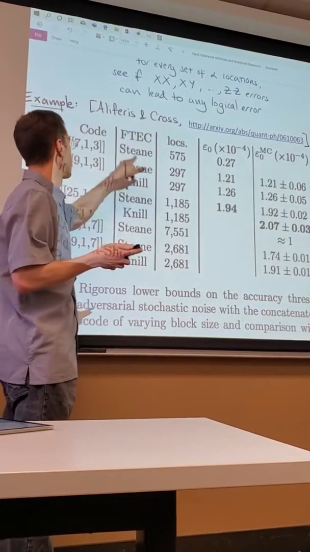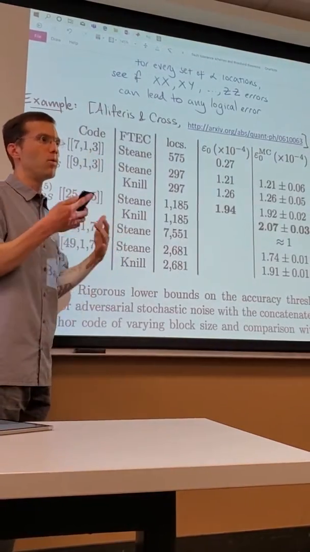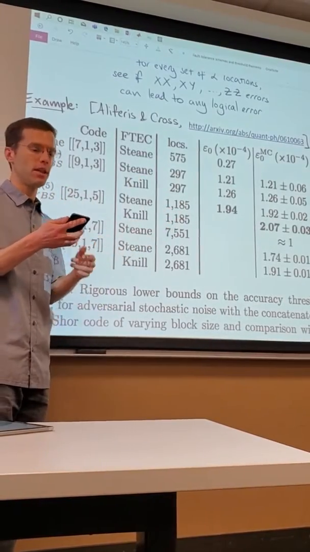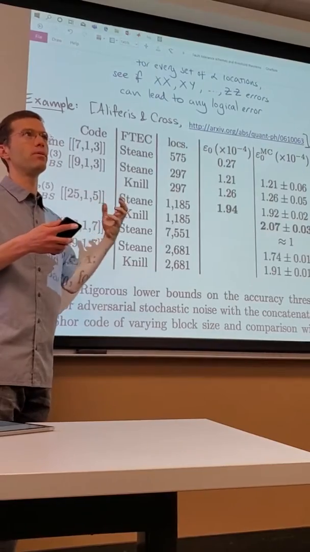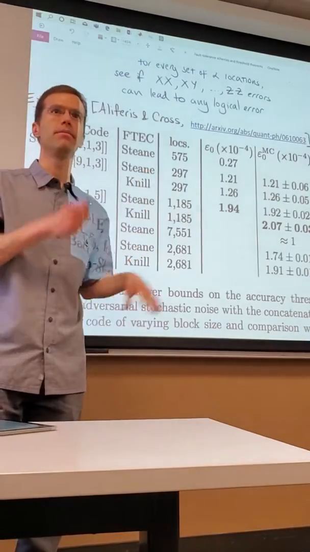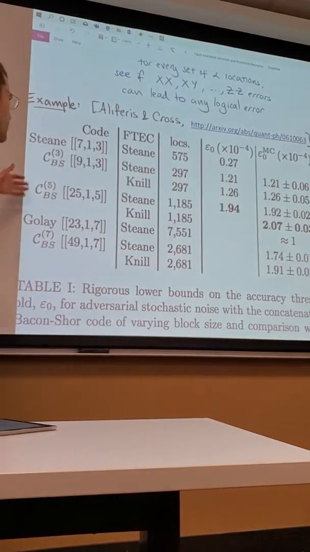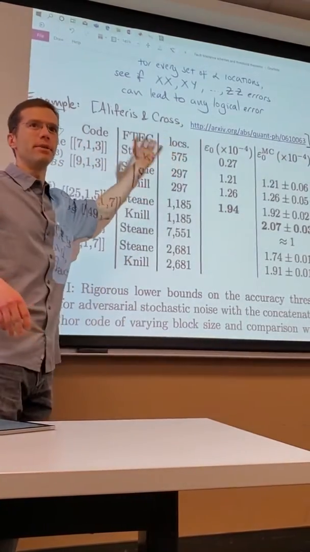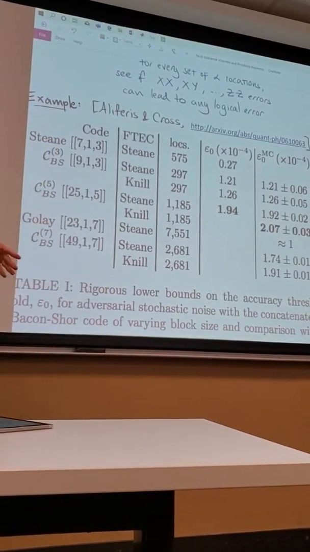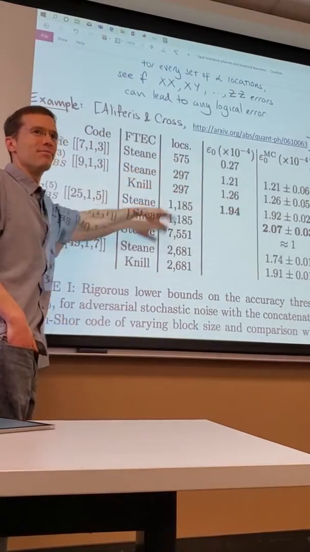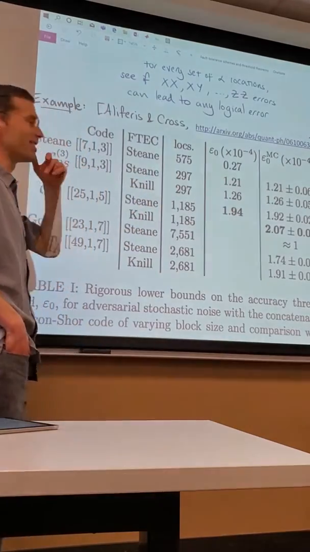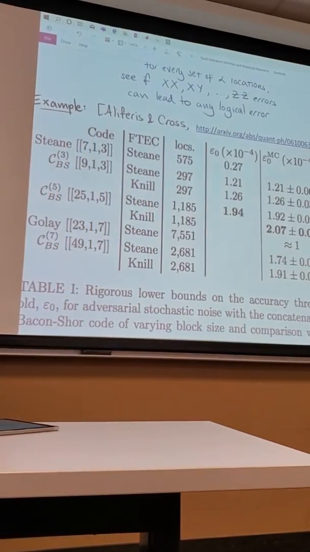But 1 error correction is a CSS code, so 1 error correction is X error correction and Z error correction. And so 142 means they're using 71 locations for the X error correction and 71 locations for the Z error correction. It's the same because it's self-dual. And if you dug further, you could probably count and figure out why it's 71, but I don't know. But that's what this number is telling you. And hopefully, if you subtract 9 from this, you'll get a number divisible by 4 again, or by 8, whatever, you can double check.